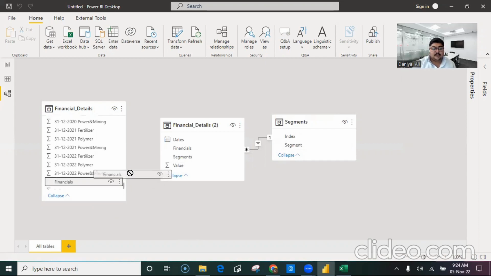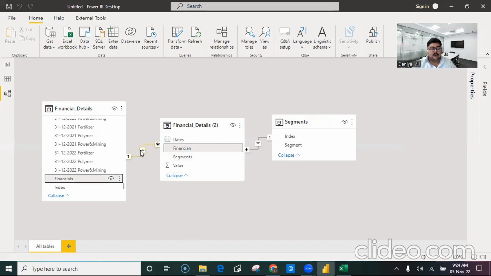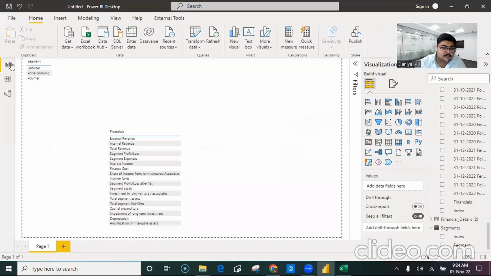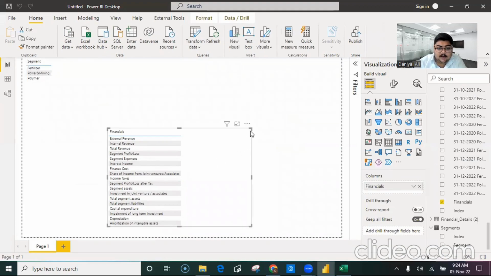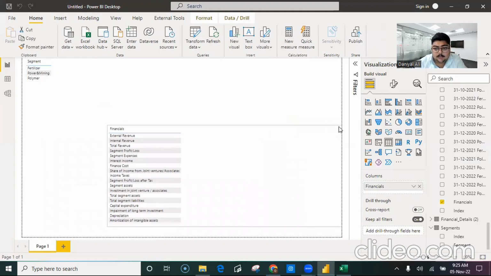So now financials, I will be dragging and dropping here onto the second table, and we're going to see its financials working with segment as well. So now our three tables have been prepared: the financial details original table, the financial details table for the visuals, and the segment for the filtering options as well. By default our tables have been created, which we previously saw. The segment I'm going to use here as my slicer,